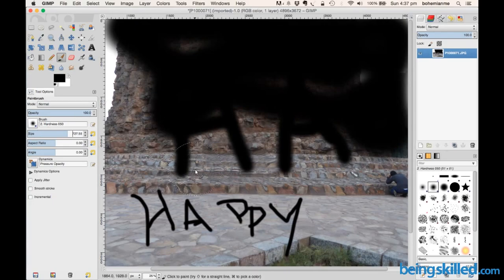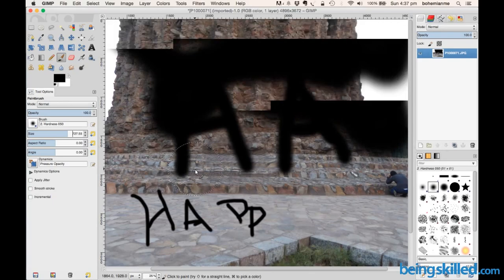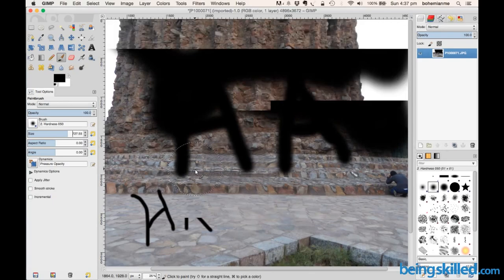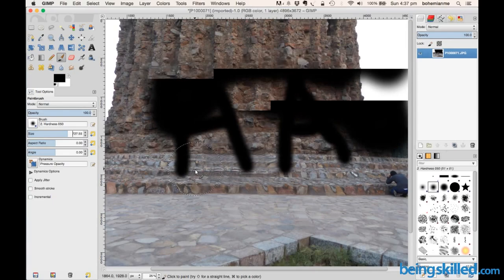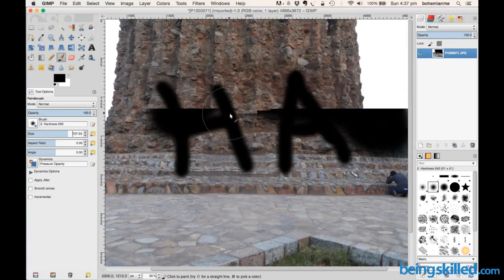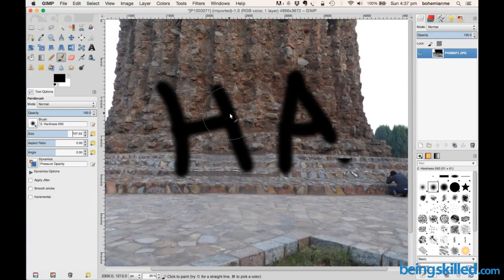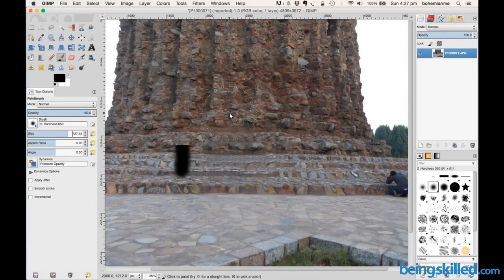Now we have something important, which is the opacity of the brush. Suppose you are painting something, and you don't want it to hide the image in the background. How to prevent that? If you reduce the opacity, it will increase the transparency. So if you have, let's say, 33% opacity, it means that it's now pretty much transparent,